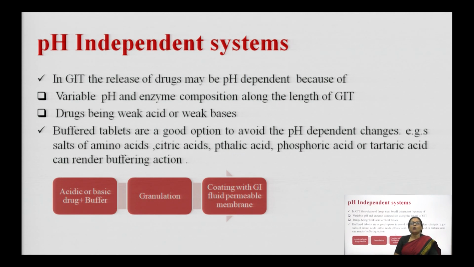We have seen earlier how Henderson-Hasselbalch equation can help us in finding out whether the drug would be dissolved or undissolved at a particular pH value, what will be the fate of a drug with a given pKa value. So, we can say that under normal circumstances, such controlled drug delivery systems will be showing pH dependent release of the drug because of two reasons: the variation in the gastrointestinal pH along the length, and secondly because the drugs are weak acids or weak bases which exhibit pH dependent ionization pattern.